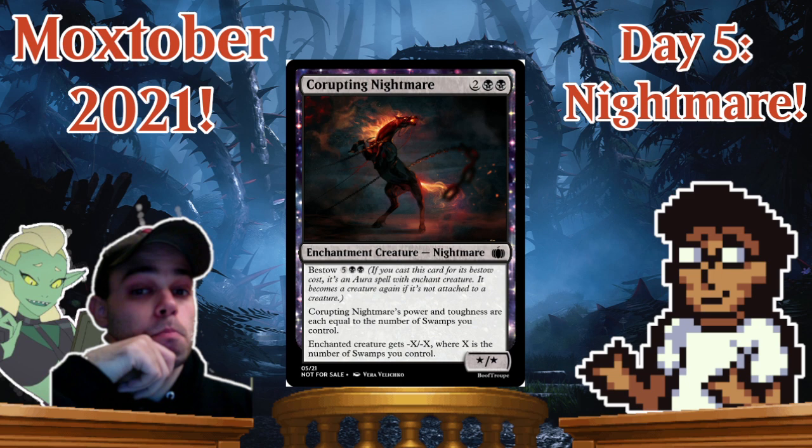Yeah, I think you're right. I mean, it's a creature. It is kind of like a Chupacabra. I guess the ironic thing is it's in reverse order. Basically, it kills the thing and then you get the creature. And I think having X equal the number of Swamps,